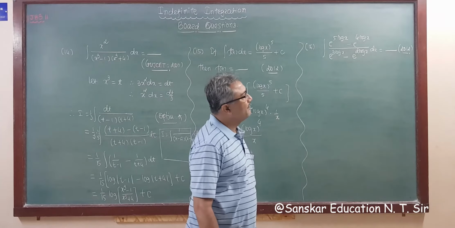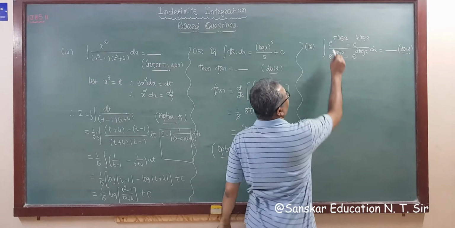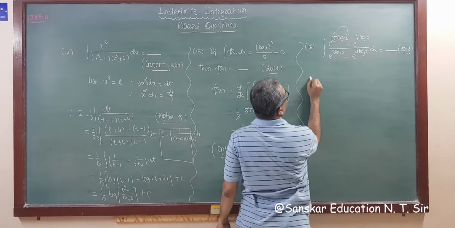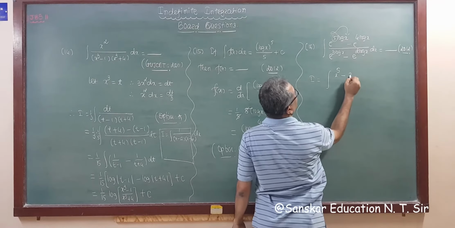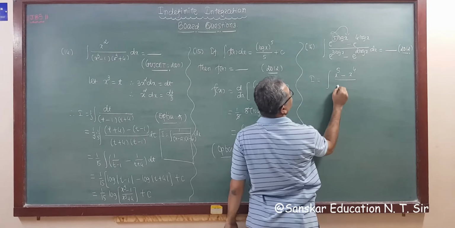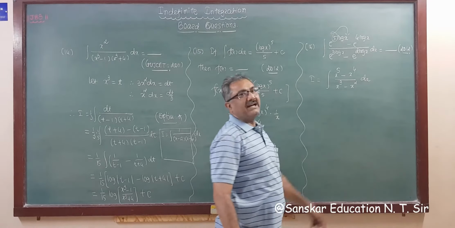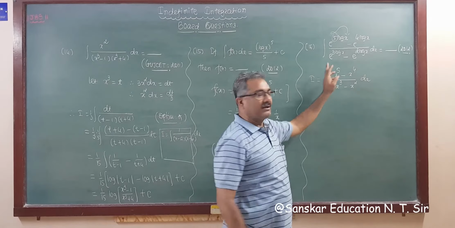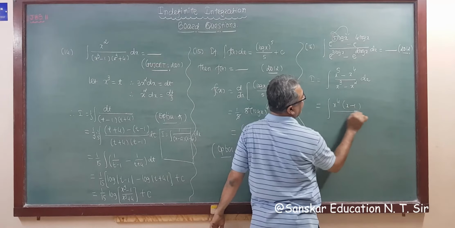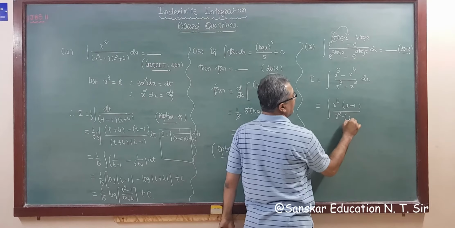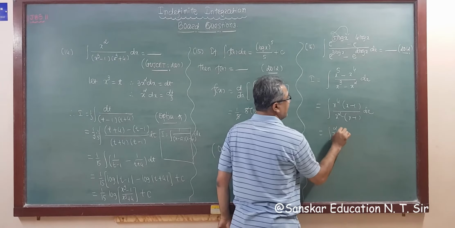Now same thing here. We apply this type of formula. So this is x raised to 5. If we take 5 to 0, this becomes x raised to 5. So I will be integrating (x raised to 5 minus x raised to 4) whole upon (x cube minus x square) dx. Taking the highest power, x raised to 4, common from the numerator, we get x minus 1, and in the denominator x square common, we get x minus 1 dx. So the answer will be x square dx.